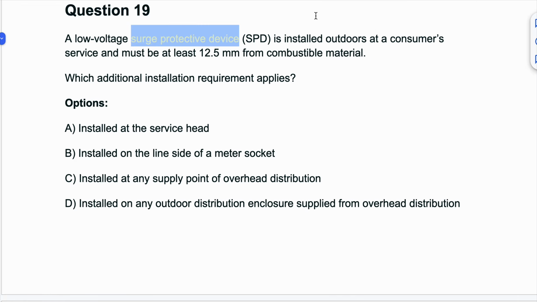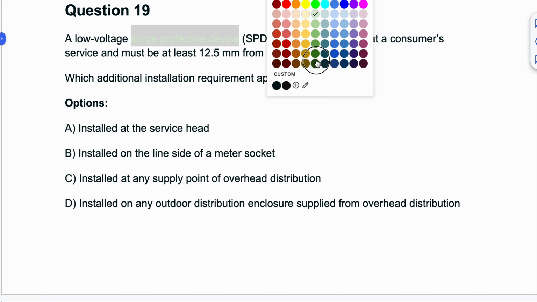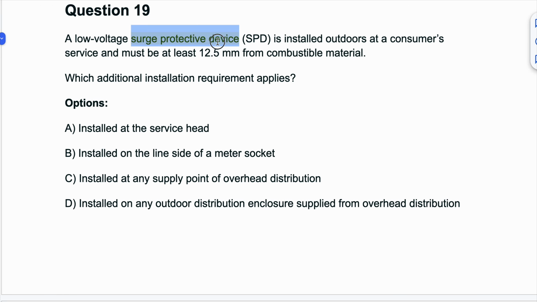You need to know about surge protective devices, which you can find in Section 26 because it's electrical equipment. These equipments protect our electrical system, our panels, our equipment, cables, connections, splices, everything,